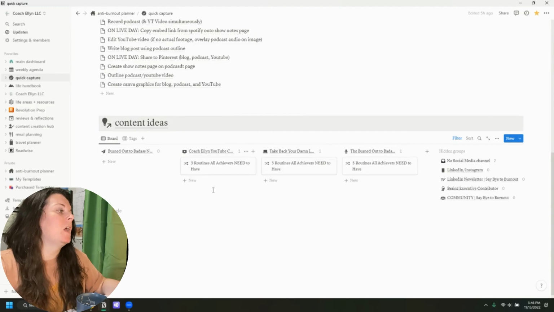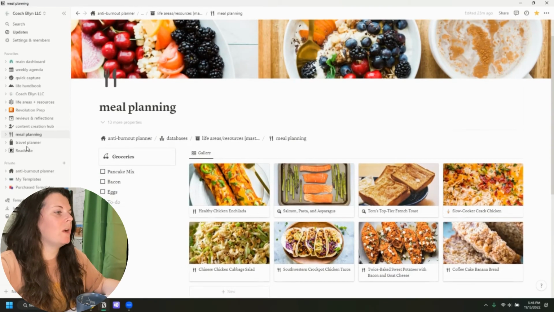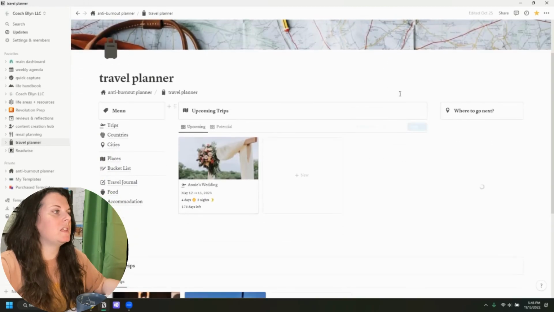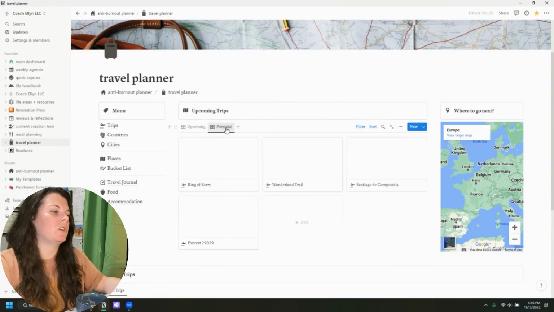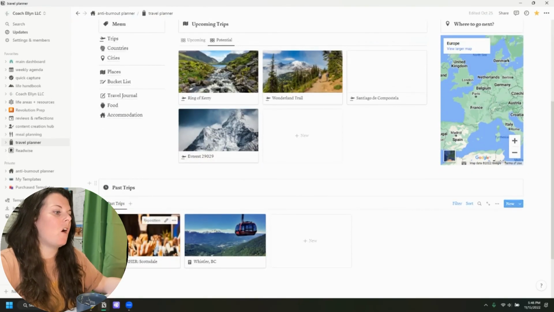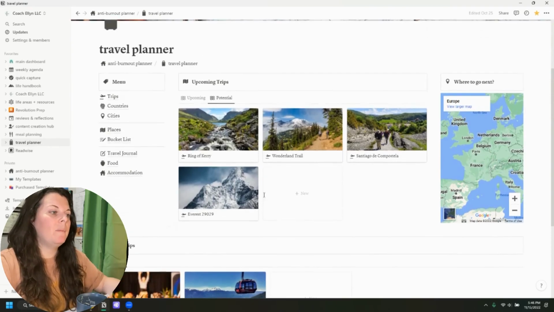and then I will schedule out the different steps. So probably the last couple places to look at, we already looked at the meal planner, so I'm going to go ahead and skip that. I also use this to plan out trips that I'm going to go on, for the most part potential trips. Like I did go to the conference, Empower Her in Phoenix. I went to Whistler with a friend. I have a number of really, really fun things I want to do,